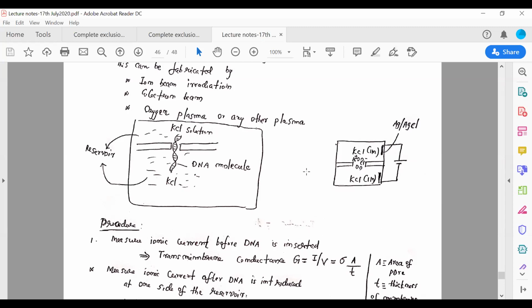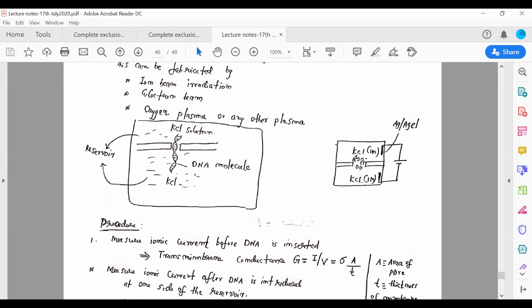But assume that this is now 5 nanometer here. This 5 nanometer is much larger than the hydrated diameters of the ions. Now if you apply a voltage, because they are ionized, they are ionic solutions, you can move the ions across the nanopore. Suppose I apply a positive voltage here, then K plus will move from this direction to this side, and negative voltage will push chlorine minus in this direction. So we understand this process, isn't it?